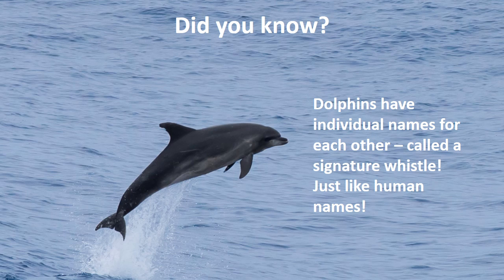Dolphins make lots of different kinds of sounds. They can whistle, squeak, and click to communicate, and even show their feelings, like when they're excited or afraid. Did you know that dolphins have individual names for each other called a signature whistle, kind of just like human names? Scientists believe that many species of dolphin make their own unique whistle, like a signature that we would use